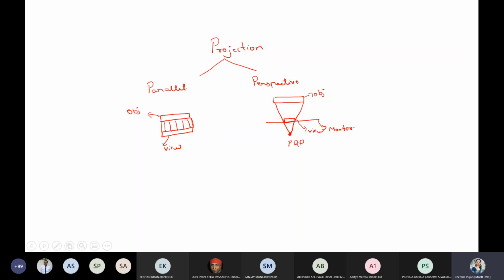Okay, and in parallel, it is again divided into two types. I'll explain the basic projections so that when we are using some functions in your OpenGL program, it will be easy to understand. So the parallel is divided into two types, that is oblique and orthogonal.